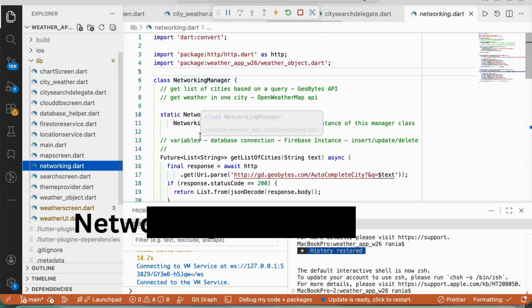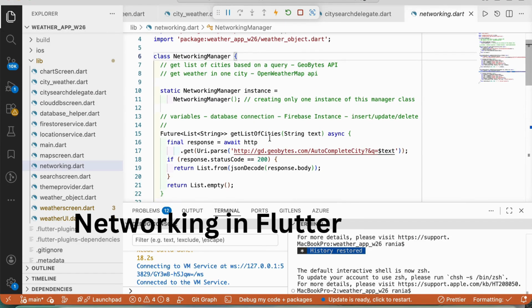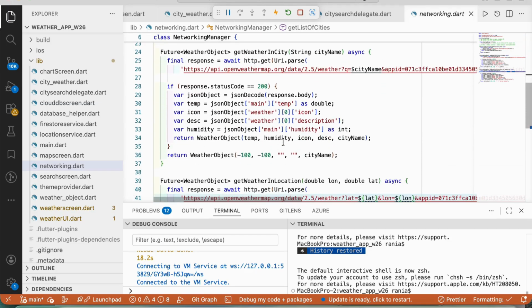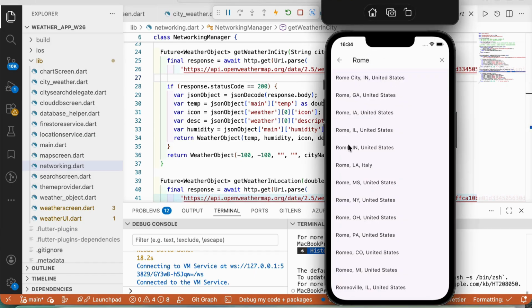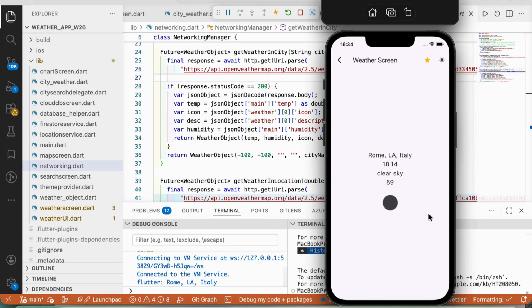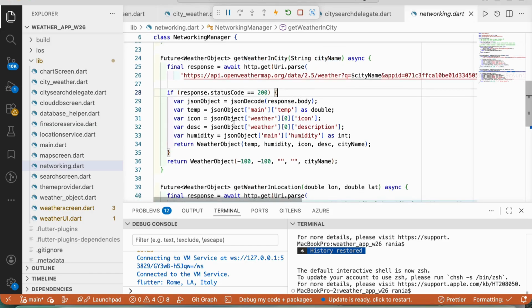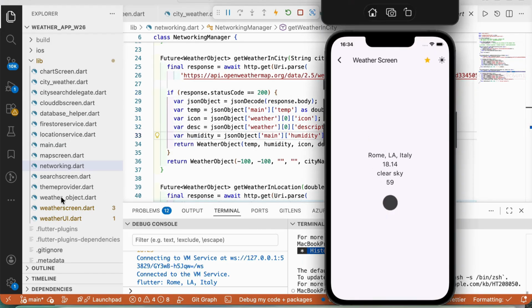Networking is done in this networking manager class, which takes care of fetching all cities from GeoByte, and also going to OpenWeatherMap to fetch the weather for a particular city. So if I click here on, let's say, Rome, Italy, we navigate to the weather screen where I can see the weather in that city, and this is done in the get weather in city function, which works with the city's name. And we are getting all the data: temperature, icon, description, humidity, which we use within this weather